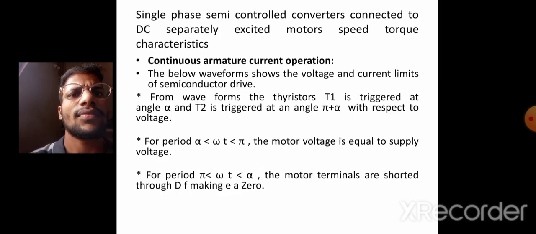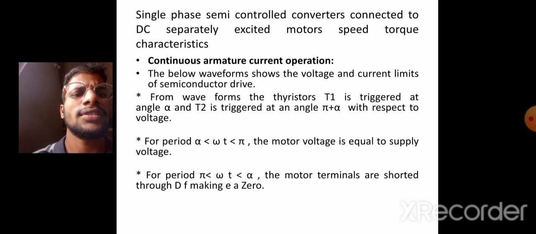For continuous armature current operation, the waveform below shows the voltage and current limits of a semi converter drive. From the waveform, thyristor T1 is triggered at the angle alpha, and T2 is triggered at alpha plus pi with respect to the voltage. For the period alpha less than omega t less than pi, the motor voltage is equal to the supply voltage. For the period pi less than omega t less than pi plus alpha, the motor terminals are shorted through the diode,